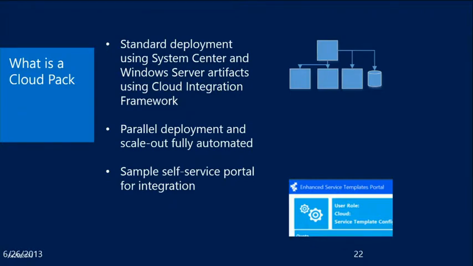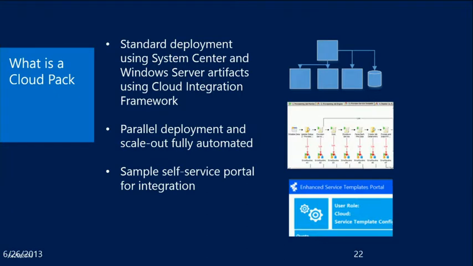So use the service template for provisioning the topology, integrating with your infrastructure, load balancing, storage, and VMs, and then lift out of it and run a second phase, is what I call it, to configure the application. That's the way we do this in the cloud packs that we are shipping. That's why we are calling it enhanced service templates, because we have this two-phase deployment design. And effectively, we are also creating a provisioning system that manages and looks at it. So we are using Orchestrator, and we're using